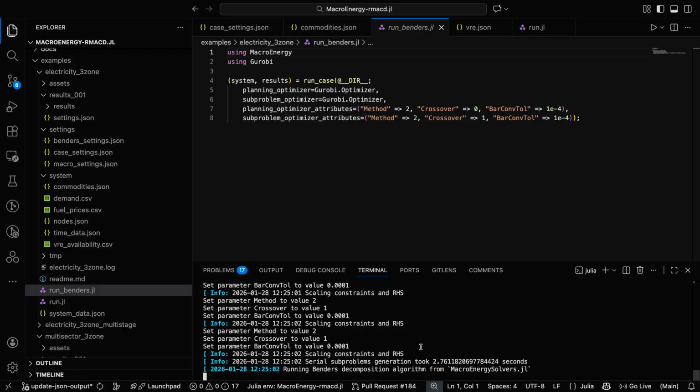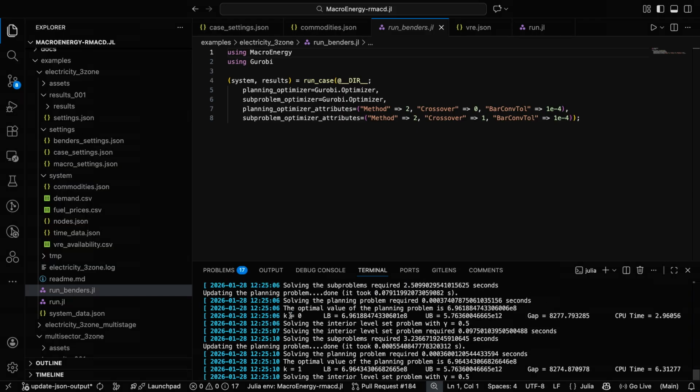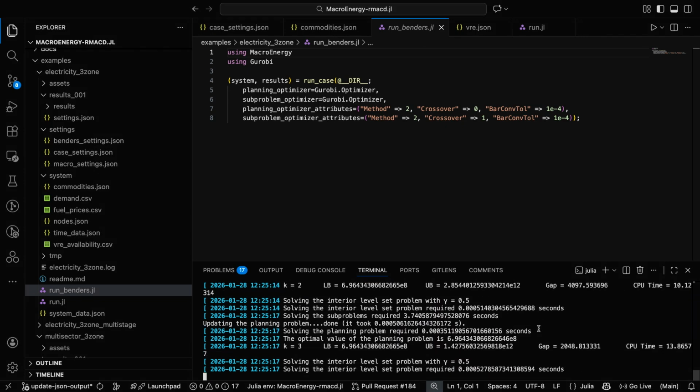And so this is a very small problem, not well suited to a distributed approach. But you can see we have iteration 1, we have a lower bound and upper bound and a humongous gap. And gradually, it's just refining these things down. And so I'll leave this to run in the background because it's going to be much slower than the monolithic